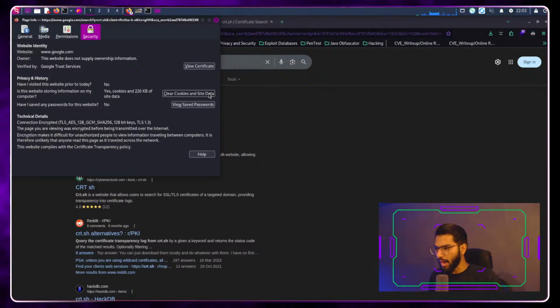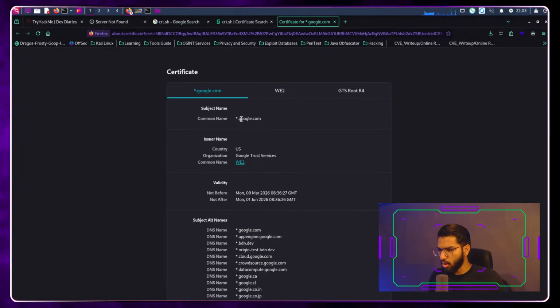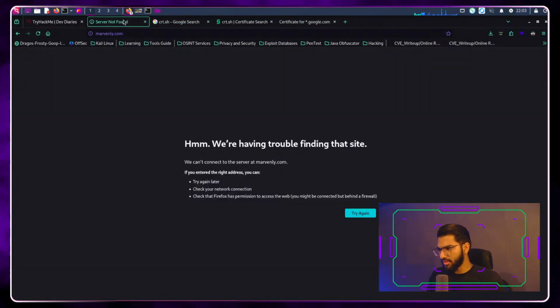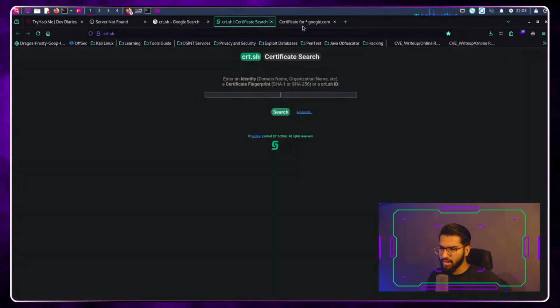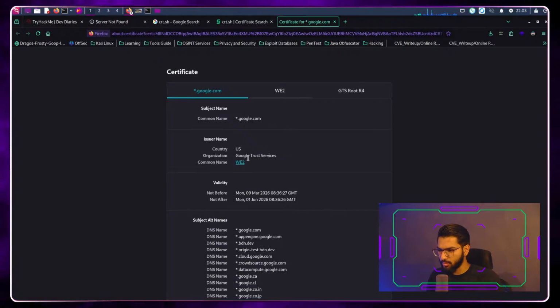Any domain that you buy is going to contain certificates, like how I'm opening here google.com. Similarly, if this domain was online on the internet, which I assume also had an SSL certificate, it's going to have its information there. From there, we can find the information about the subdomains.